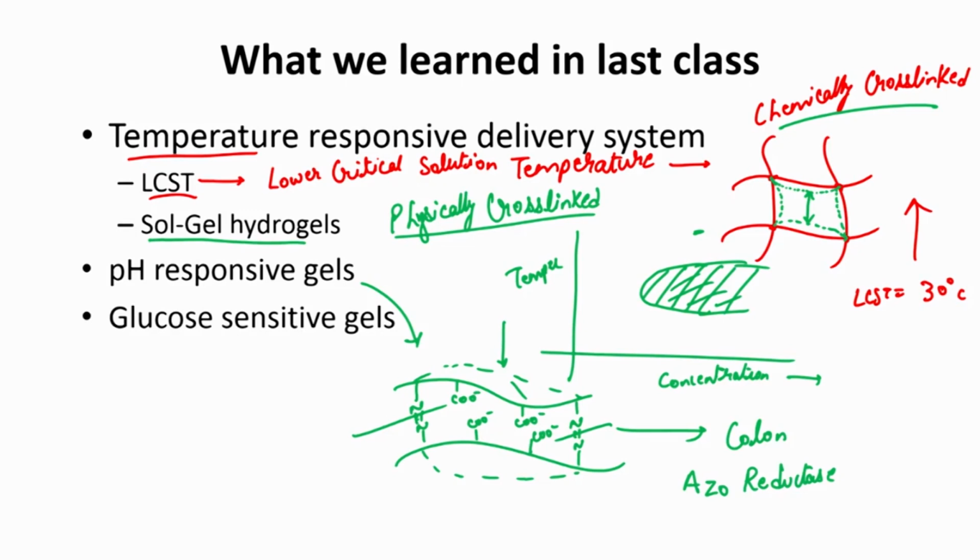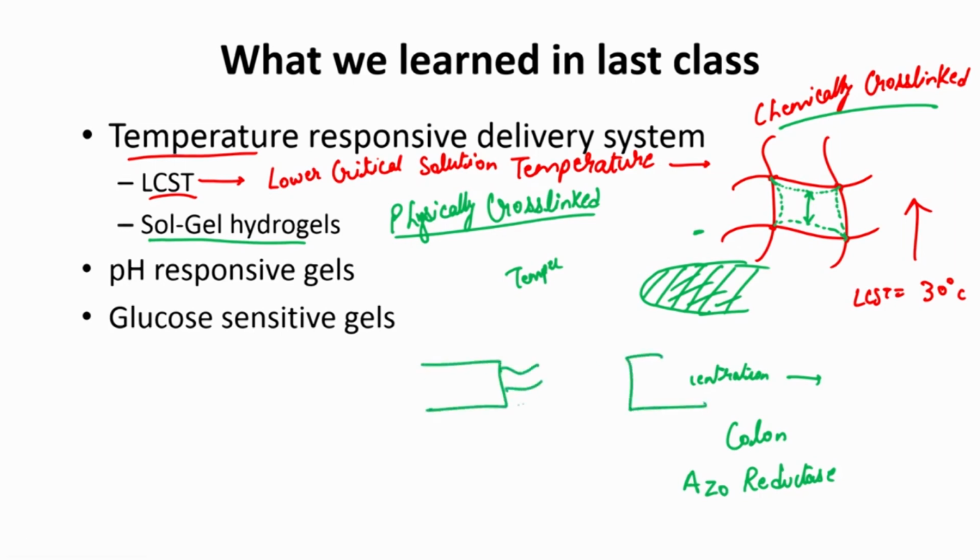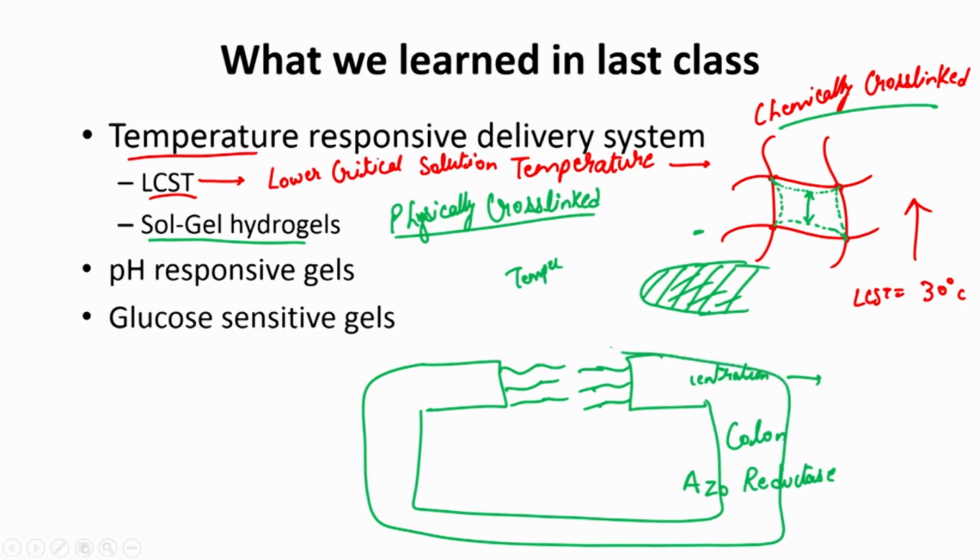Then we also looked at glucose sensitive gels, and in these again there could be several variations, but one variation we looked at was a pore that was covered by polymers that were fairly water soluble. So, they will extend and not let anything within this device. So, let us say if your insulin is here, the insulin can't go there because these polymers are physically blocking